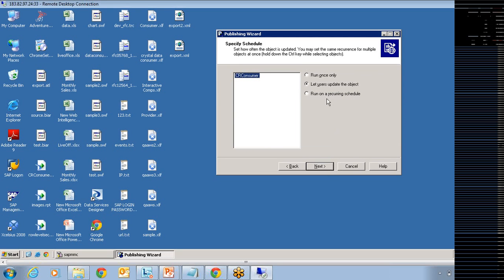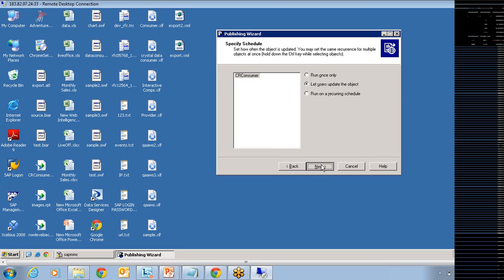Categories. Now before you publish, do you want to run a schedule job? Normally after we publish, by logging into InfoView, we run the job. But here, at the time of publishing itself, you can set some recurring schedule options, wherein you choose when you want to schedule it, what your destination is, and what time it has to run and send the output. We'll see more options in InfoView, but here in Publishing Wizard, if you have any Crystal reports that you are publishing, you can set some schedule options for that.